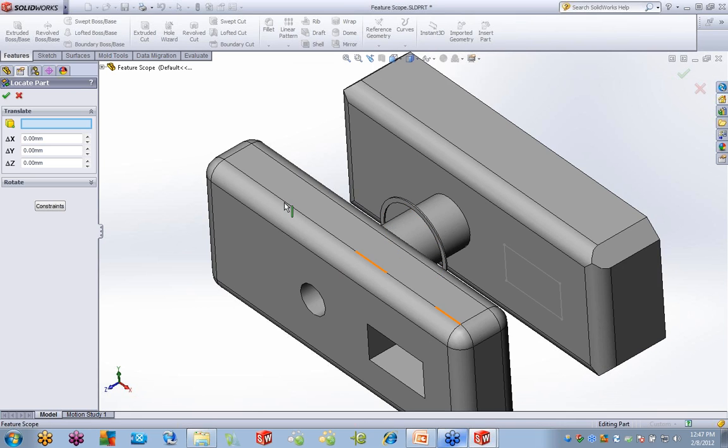Now this brings me to another topic I had on the list, which is locating those bodies. We have a very simple translate tool where I can pick the body and give it an XYZ location. Or if I select constraints in here,